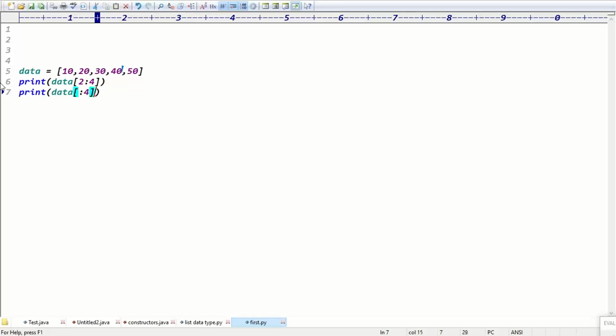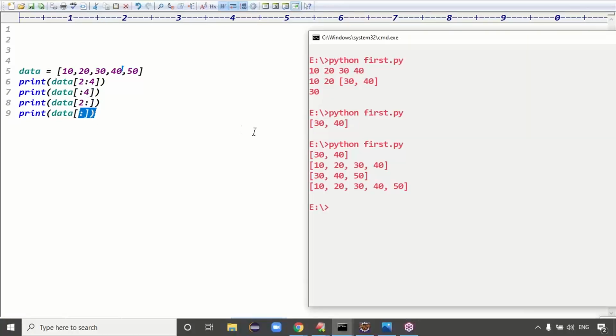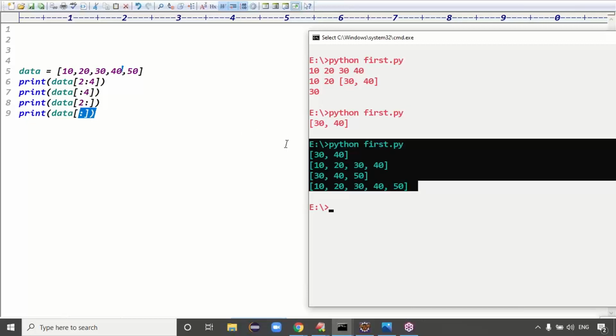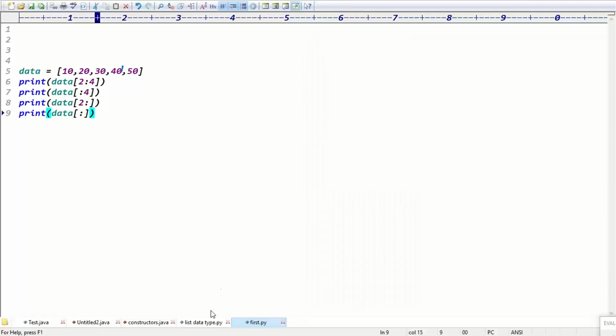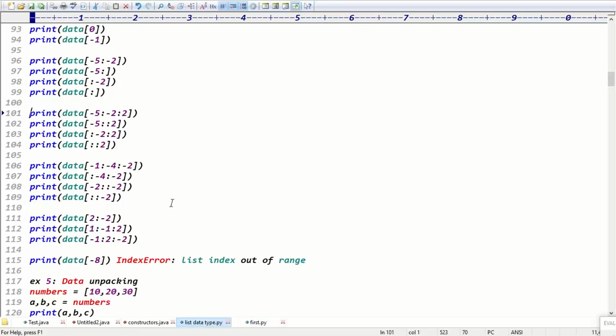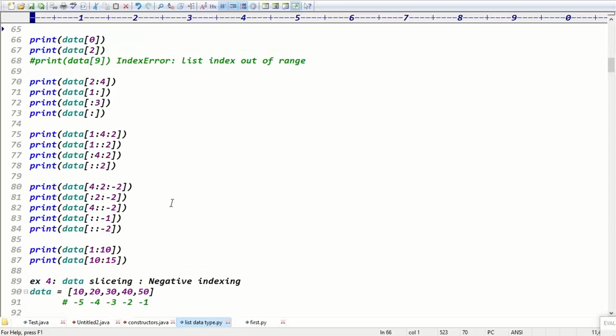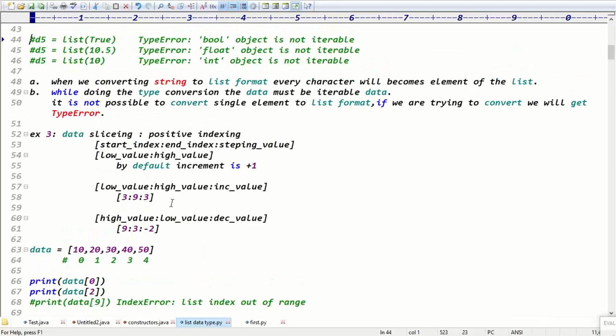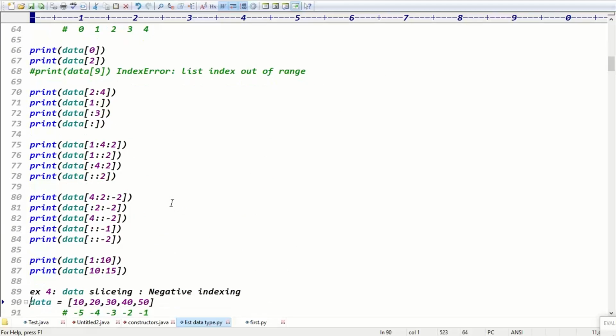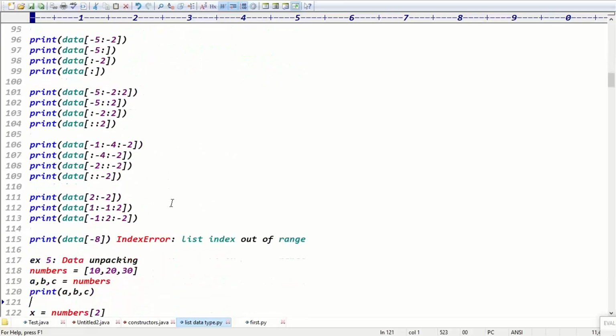Guys, what is the meaning of this line? And the meaning of this line, and of this line? This is like starting to 4. This is like 2 to ending. This is like starting to ending, right? In all cases, the output is in which format? List format or not? So slicing basically returns the data in list format. Exactly, guys. Try to run that example and see the output of the previous 2 examples, because in the string data type the previous class already clearly explained positive indexing and negative indexing. We'll get the same outputs here also.